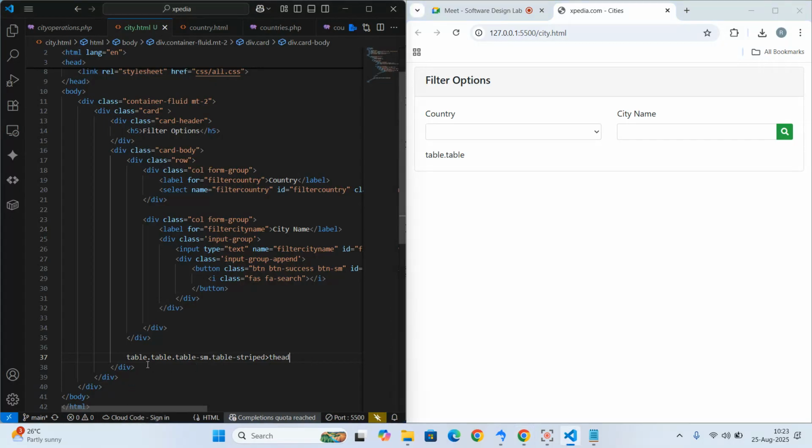So as I was saying, I want to create a table with a class of table. It's a small table. It is striped. Then inside the table, I'll create a head. That's the table header. Then inside the head, I'll create table headers, and I'll put maybe say the number, the